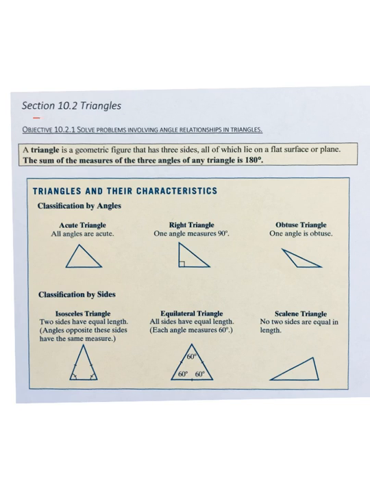Section 10.2 is all about triangles. A triangle is a geometric figure that has three sides. It also has three angles inside of it, or three interior angles as we call it. The most important rule about triangles when we're talking about the angles is that if you were to add up the three interior angles of any triangle, it will equal 180 degrees. So the sum of the measures of those three angles, again, of any triangle, is